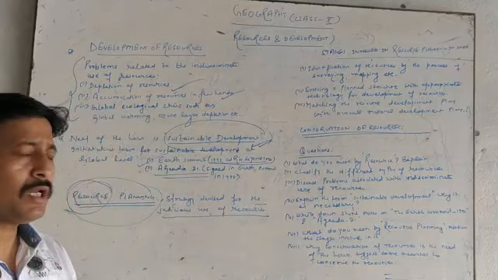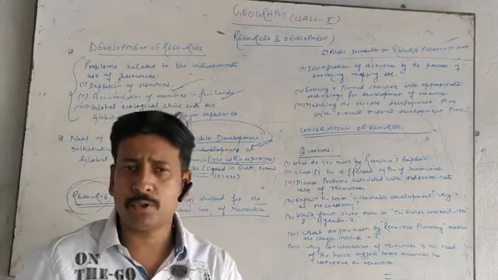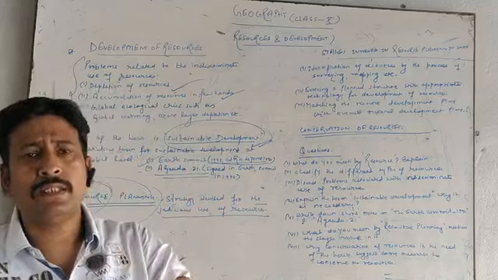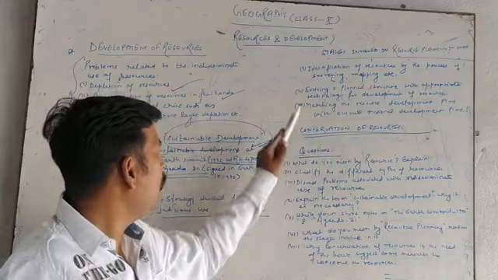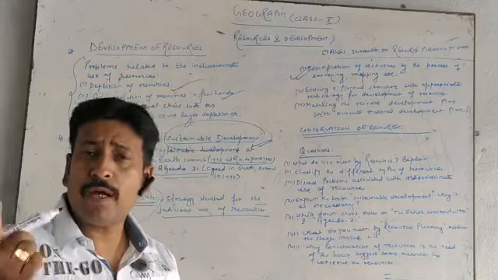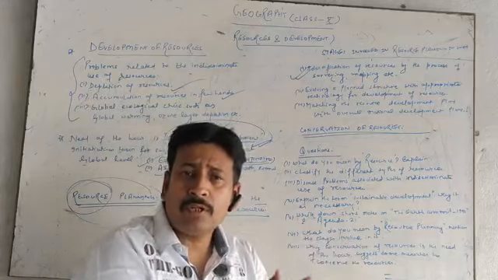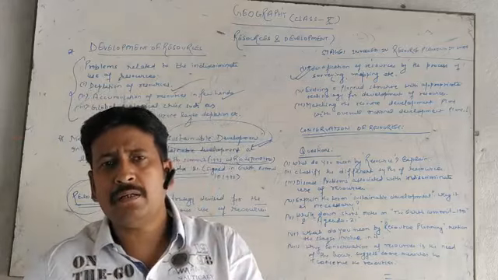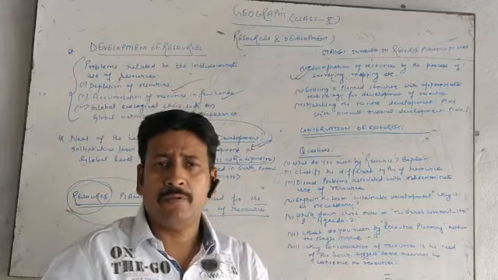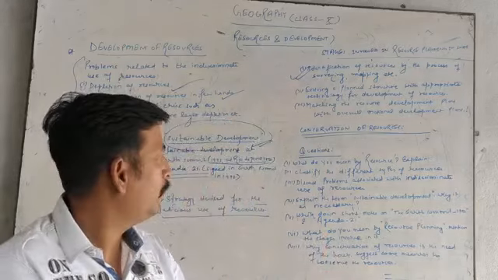So when we talk about resource planning in India, there are 3 stages of resource planning. Resource planning is done in 3 stages in India. First is identification of resources. We have to find out where the resource is, and for that, mapping, surveying, etc. are done. We have to find out the areas where the resources are.